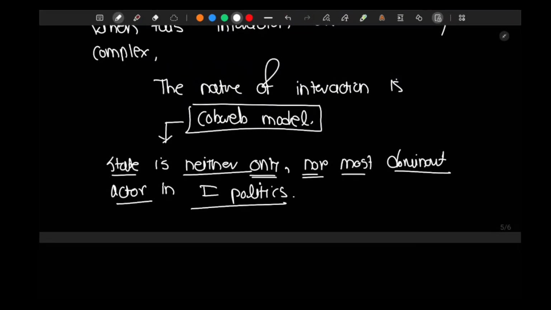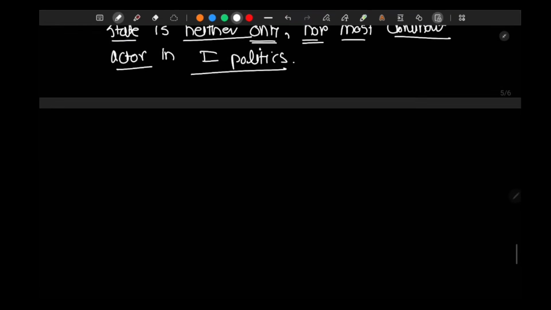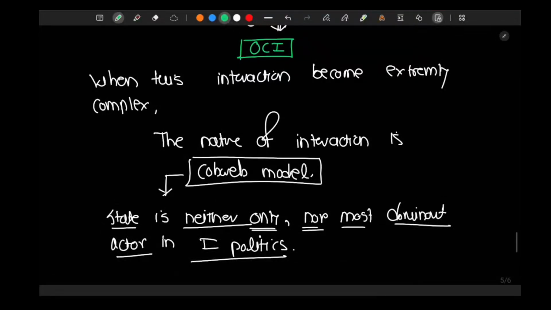But before shifting to the next lecture, I also have to finish one more thing, right? How to study international politics. We have explained models of international politics. We have studied models of international relations. One is billiard ball, other is cobweb. Should we do how to study international politics in the next lecture? Yes, we should do it in the next lecture because it will connect to the later topics very easily. Okay, we'll start models or methods to study international relations from the next lecture. I hope this helped. We'll start from the next lecture.